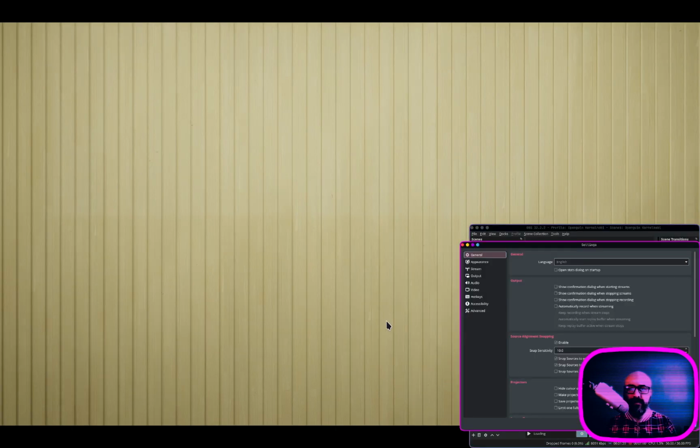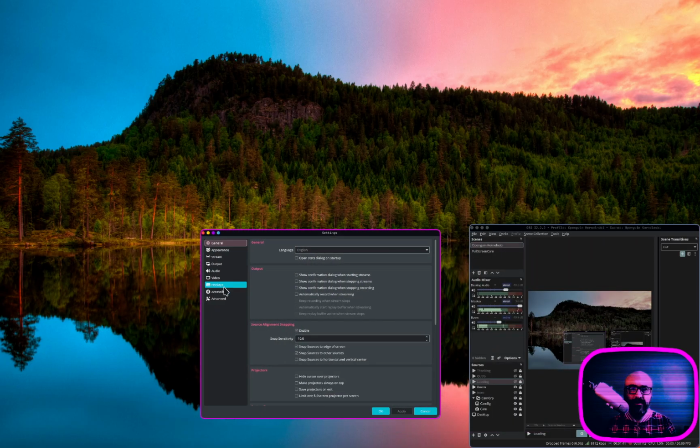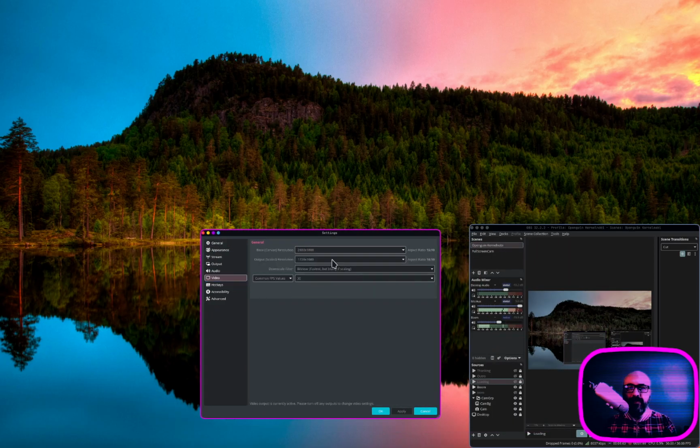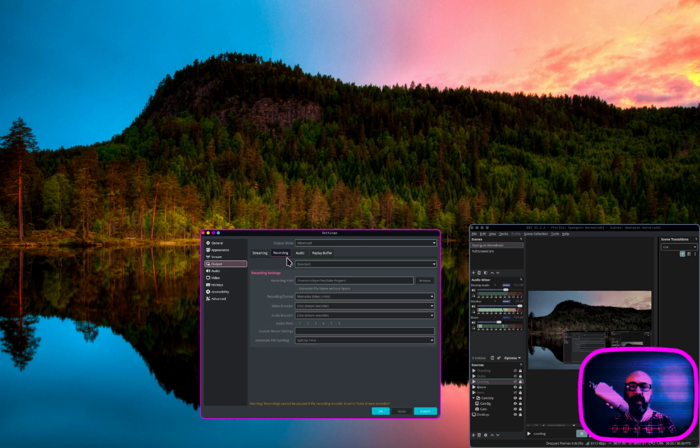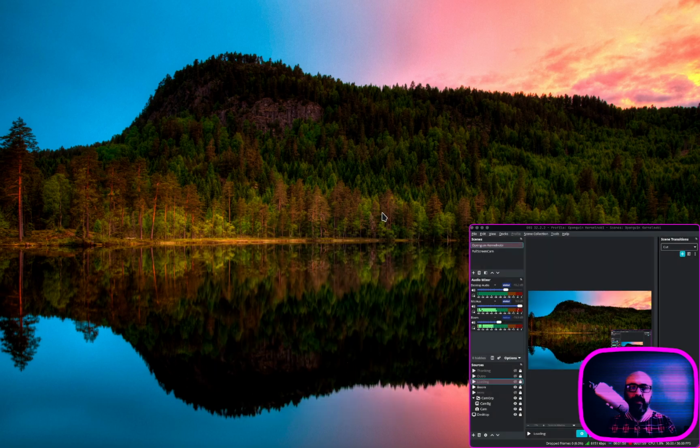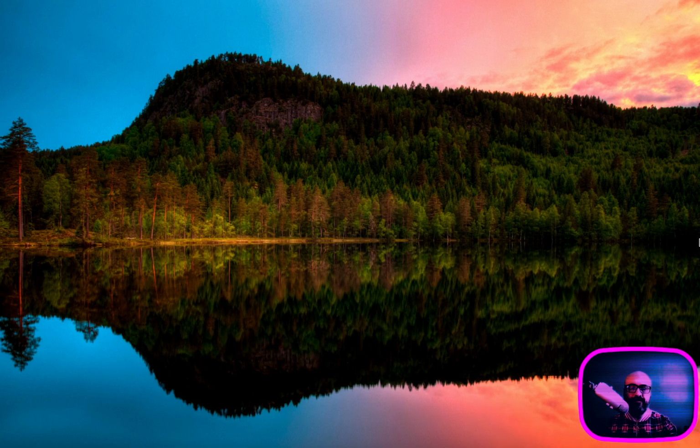Here we are, settings. As I said, almost full HD resolution, 30 FPS. I'm using 8000 bitrate, hardware encoders, FFmpeg AAC for the audio and FFmpeg VAAPI H264 for the video. And for the file I'm using MKV. So yeah, let me show you now